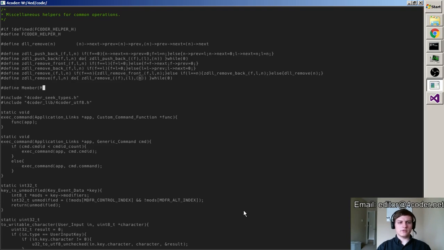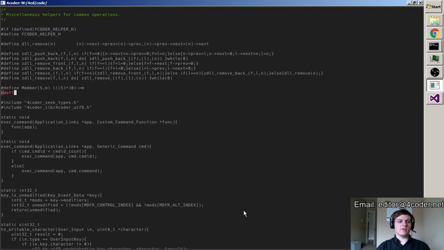Alright, we're going to need a members macro here. And the idea of the member macro is we just go like this. Grab a pointer to 0 of the type of S, and then dereference that to get M. That lets us reference the member of a struct. And then we can get all kinds of things from that. But what we're going to get for right now is offset of member,